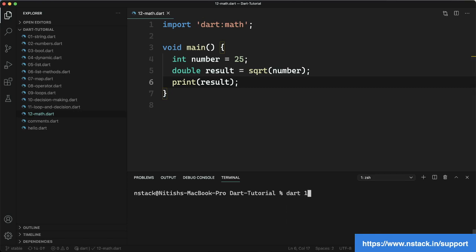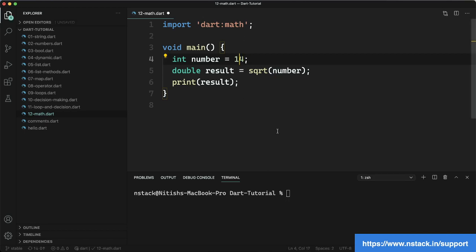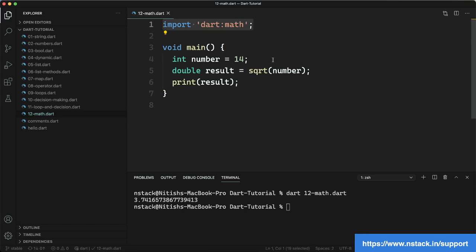result, and let's write dart 12. You can see we got 5.0. So let's make it 625, and the square root of 625 is going to be 25. I am already aware of this. So let's make something else. Let's make 144, and the square root of 144 is 12. So it's fine. Let's use something else, like 14, and its square root is not going to be some integral value. There is a decimal, which has some fraction part also, 3.74 something, very long. So I hope you got the idea that using the math library, we got access to this